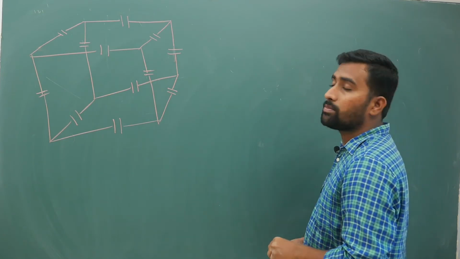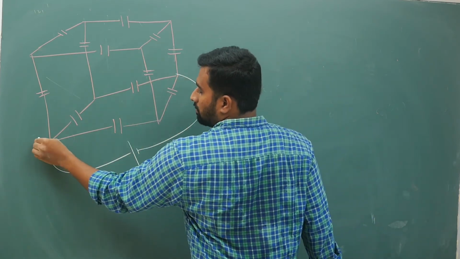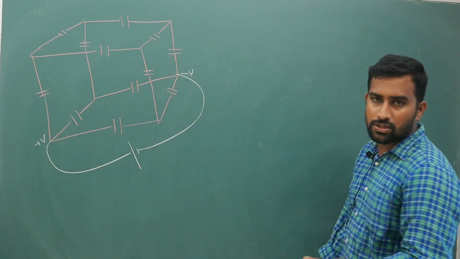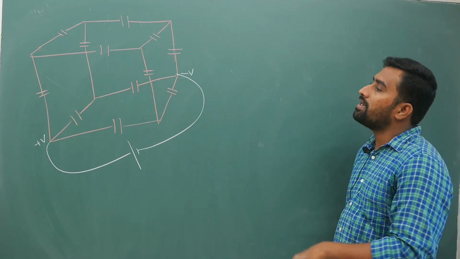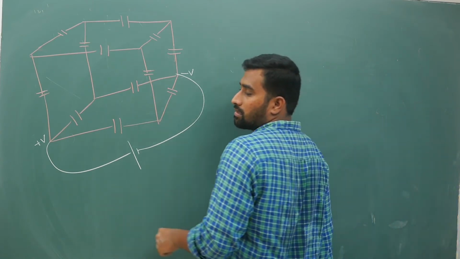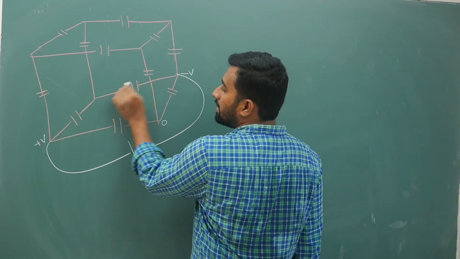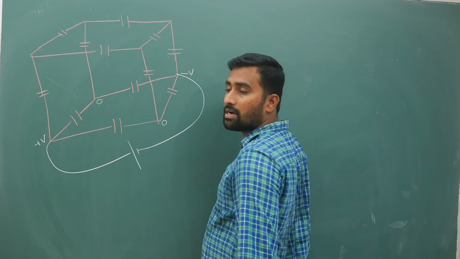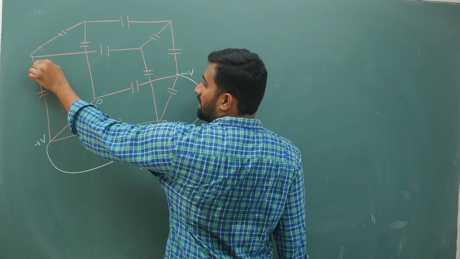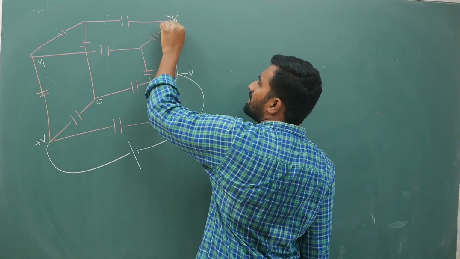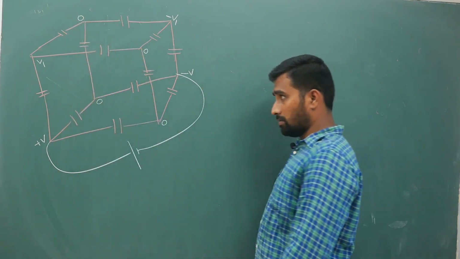Okay, now you are supposed to calculate your equivalent capacitance. Now it is plus V, minus V between these two ends. On one of the opposite ends you have to connect it. So find out the equivalent capacitance. Mark the potentials. If from this side it is plus V1, from this side it is minus V1, so this part will become 0. From this side it is minus V1, from this side it is plus V1, this part will become 0. Next, from this side if it is plus V1, from this side it is minus V1, this part is going to be 0, this part is going to be 0.